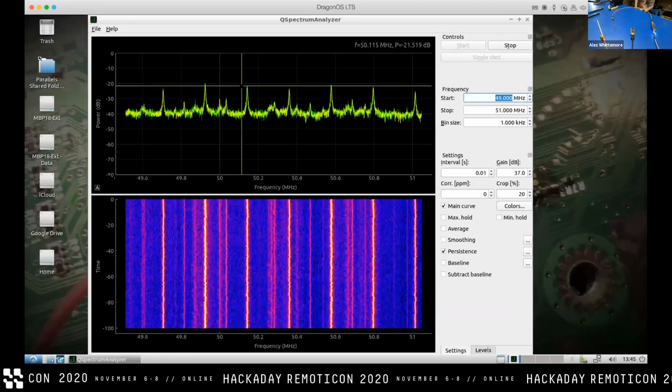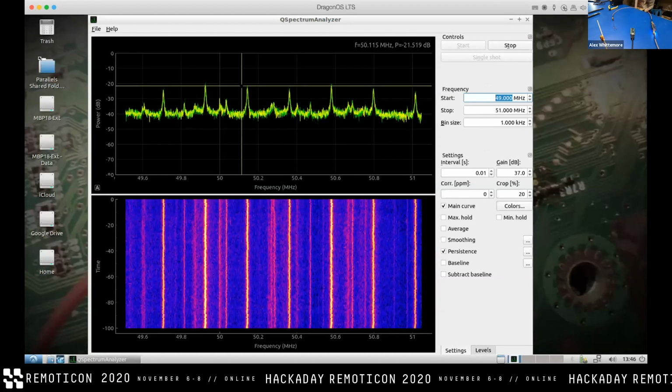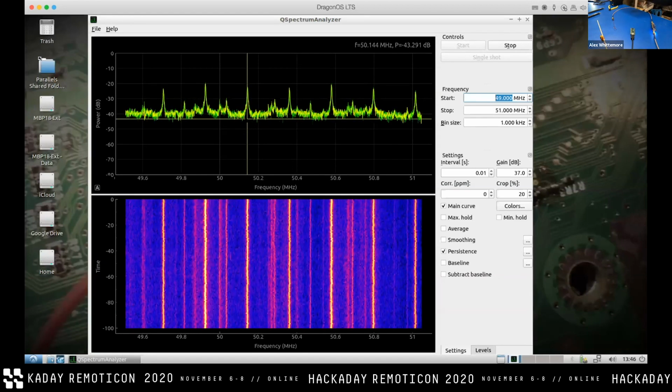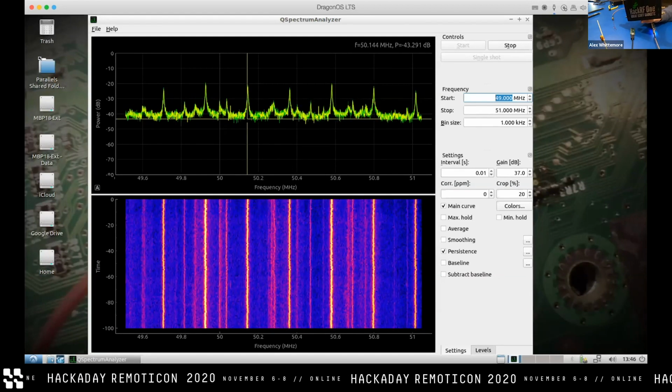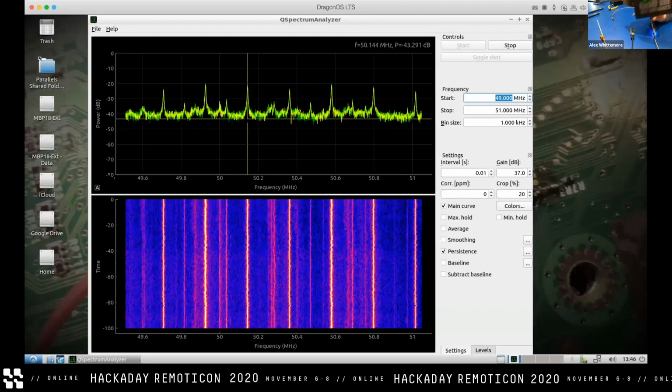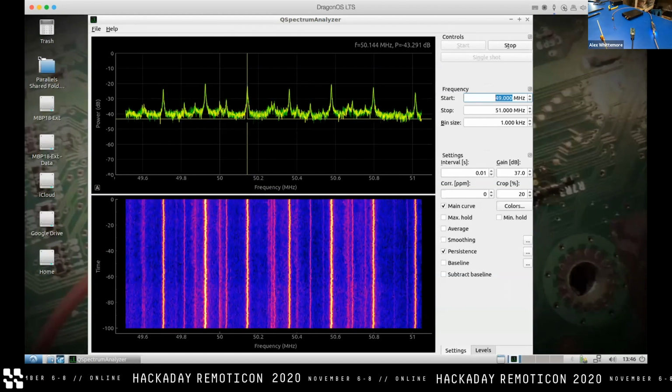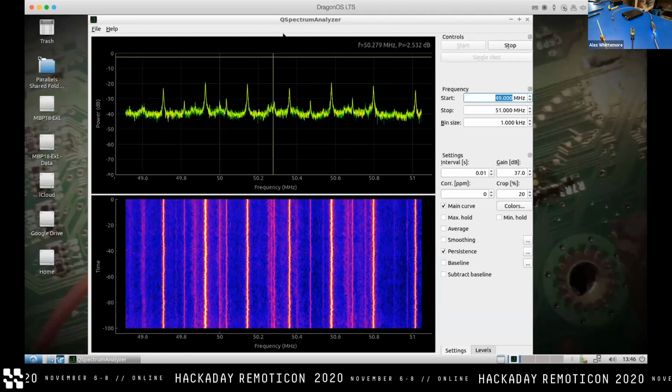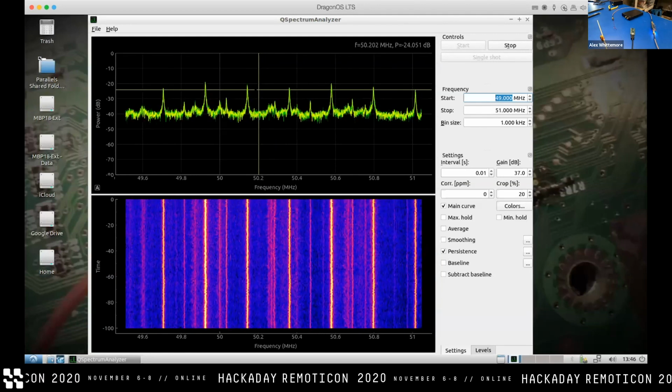If you have to do this seriously, I would probably recommend getting a HackRF. This HackRF has one massive, colossal, excellent feature as far as QSpectrum Analyzer is concerned, which is it has